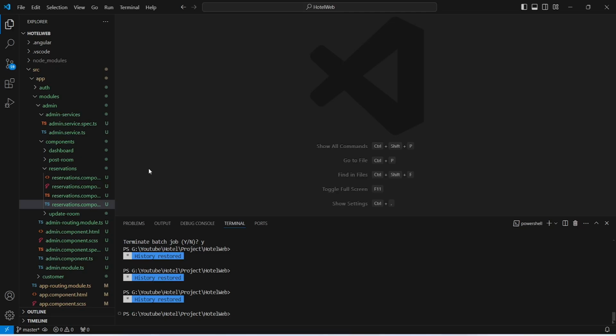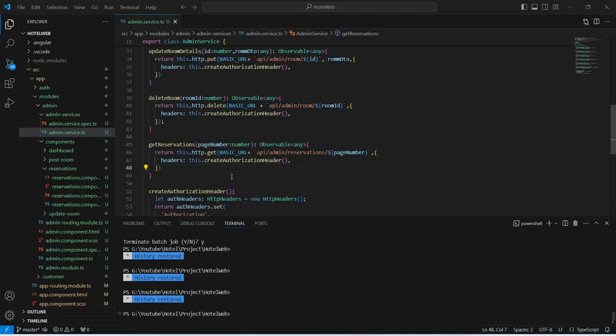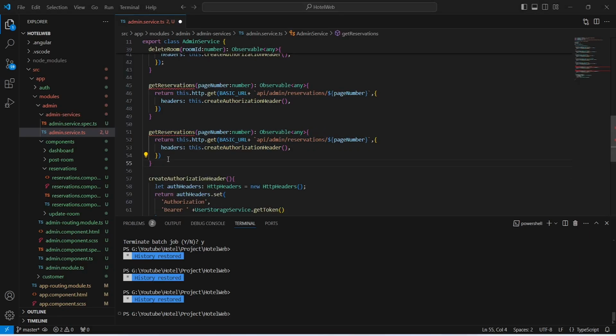do this, we will open the admin.service.ts file, and in this file, let's copy this get reservations method and paste it here. And after this, we need to update the method name, and we will write changeReservationStatus. And after this, we need to update the parameters of this method, and we need to accept the ID and the status. So we will rename the first param to reservationId, and the type of this will be number. And after this, we will add another parameter, and we will name this status, and the type of this